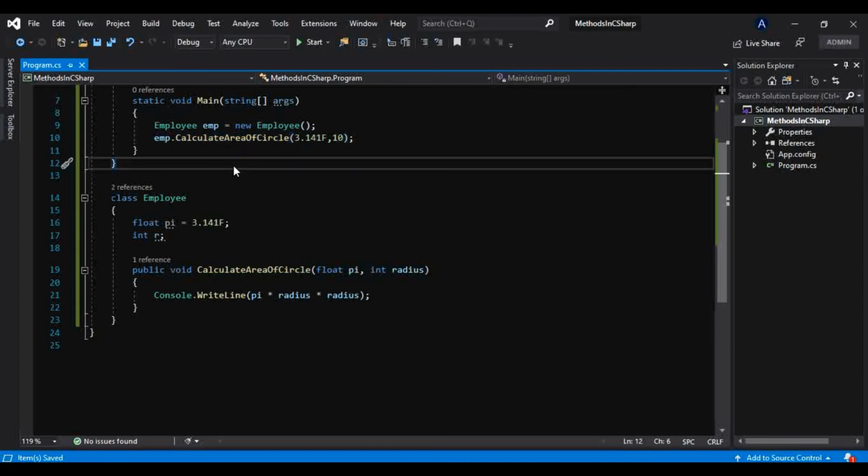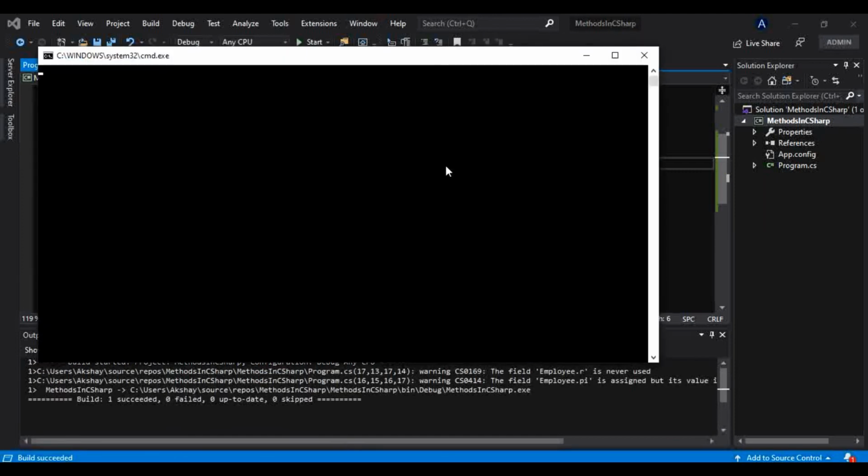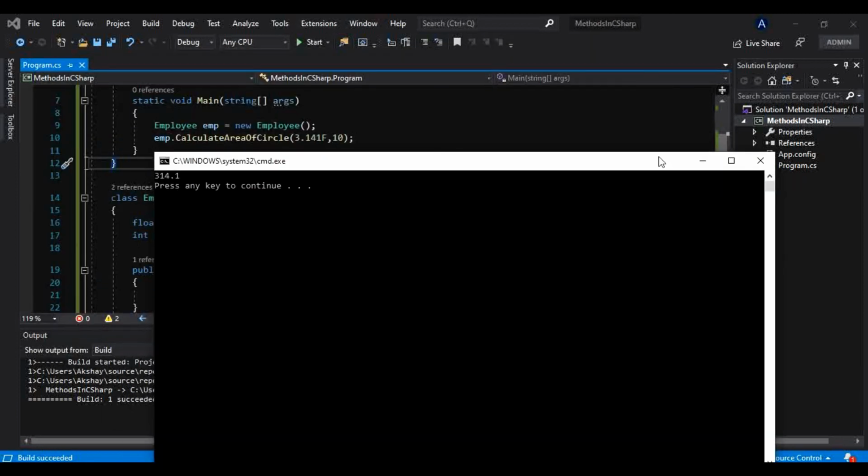To save our time, because we already know how to take inputs from the user from the console. So that is why I have directly put values inside this method. So I will run this. Okay, so what is the area of circle? 314.1.